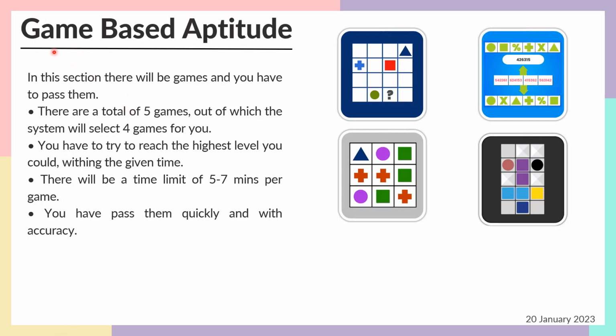Now let's see the second section, which is game based aptitude. In this section there will be games and you have to pass them. There is a total of 5 games, out of which 4 games are asked, and you have to try to reach the highest level you can within the given time. The time limit is about 5 to 7 minutes per game. There are 4 different games given. For example,